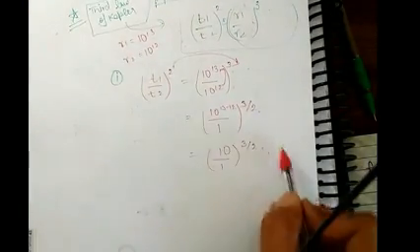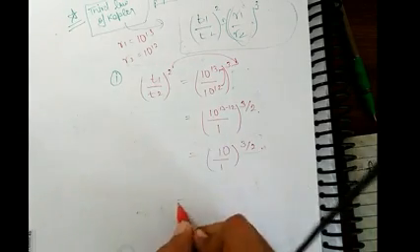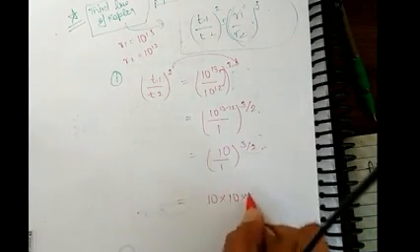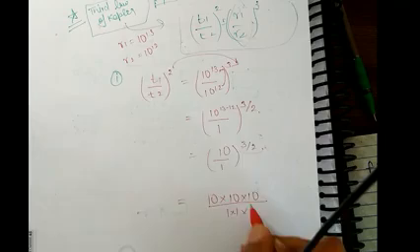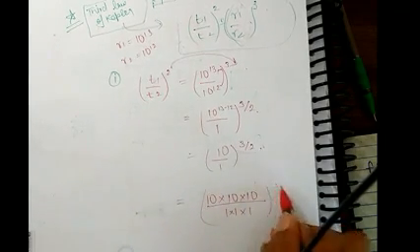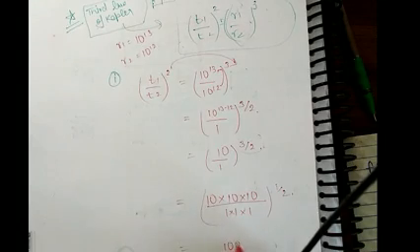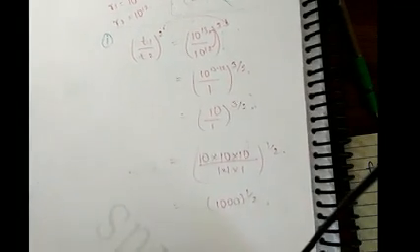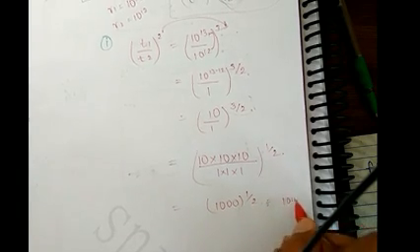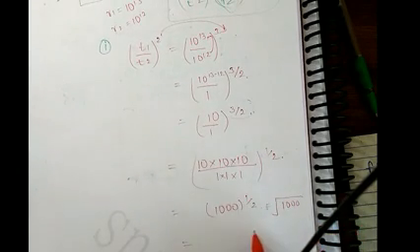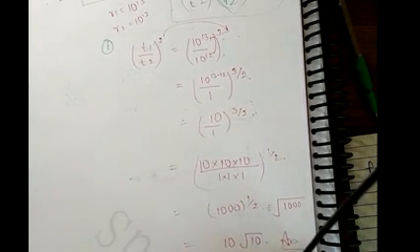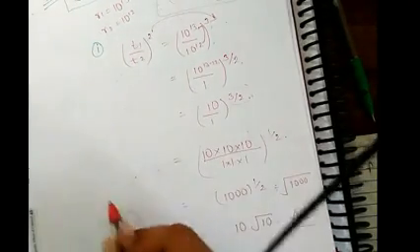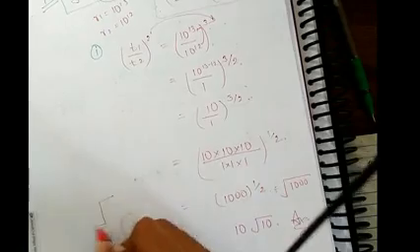Most people find it difficult to solve this. How are we going to solve it? It is very easy. 10 into 10 into 10, you first cube it, and then you take the root of it. So what we get here is 1000 to the power 1 by root 2. We can also write it like the square root of 1000. If everybody knows how to take the root, this is our answer.